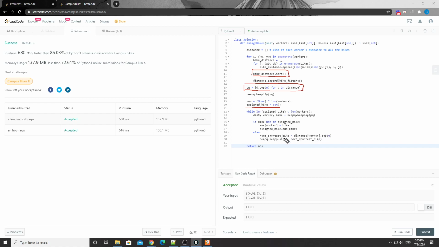attention to. If the bike has already been assigned, which means the current bike is not available for the current worker, then we need to find its next shortest bike for the current worker, and then we push this result to the heap queue again, so the next time it will help us decide which worker is the next one to assign. And how can we make sure